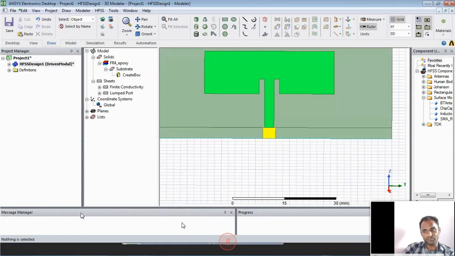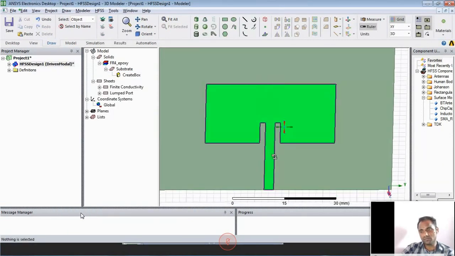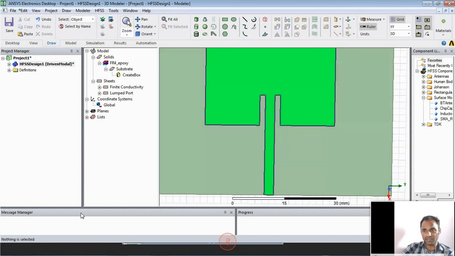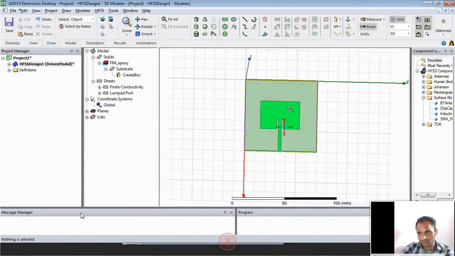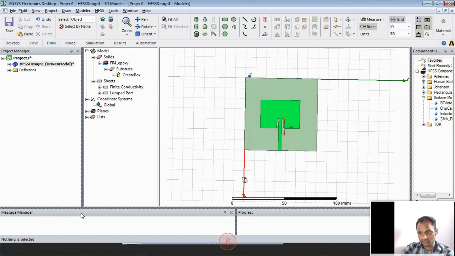So next, finish. Now our entire antenna is ready for a running condition. I think I'm going a little bit fast because yesterday we already covered the design characteristics. Today we need to analyze some more results, which is why I'm going for speedy designs. Okay, so don't mistake it.